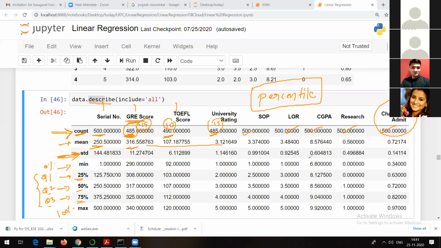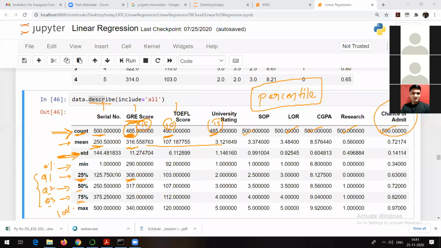Now to understand this, one should know the concept of percentile. For example, if I say 25 percentile of GRE score is 308, my question to you people is, how can you interpret it?